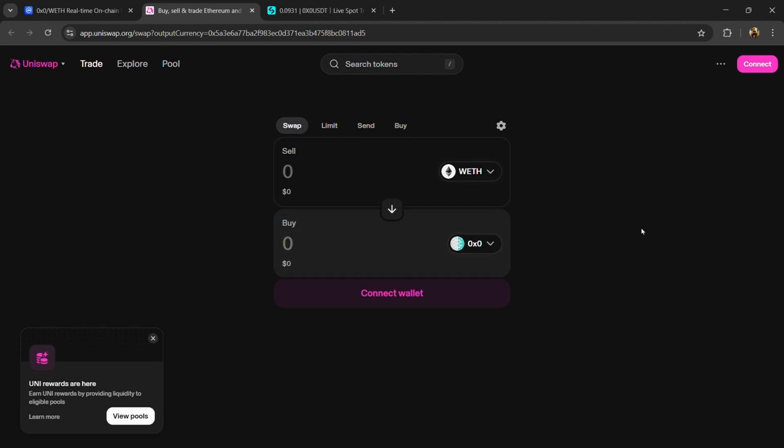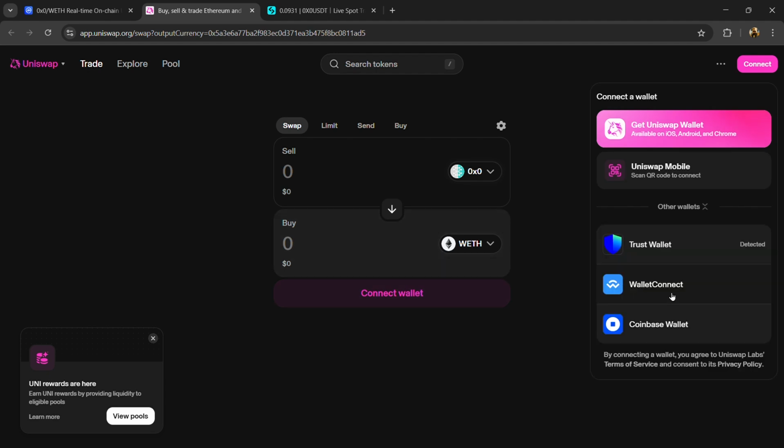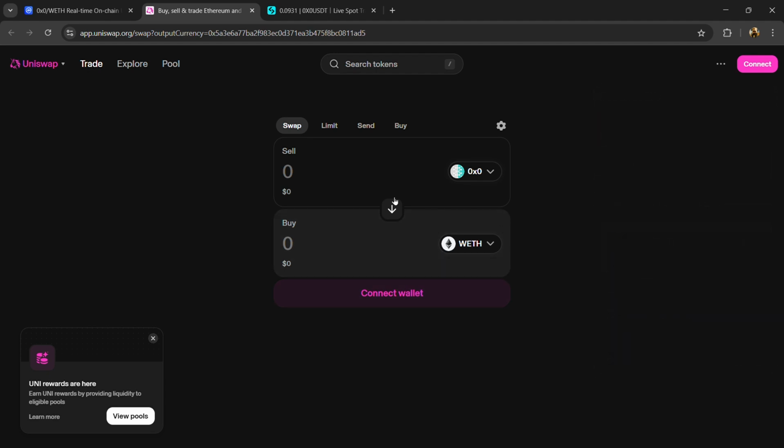And if you want to sell this token on this decentralized exchange, then click on this arrow, and again you need to connect your wallet or mobile wallet from this exchange, and here you will enter the number of tokens that you have, and finally you will confirm the transaction. Then you will receive ETH in exchange for this token in your wallet. So in this way you can buy and sell this token on centralized and decentralized exchanges.